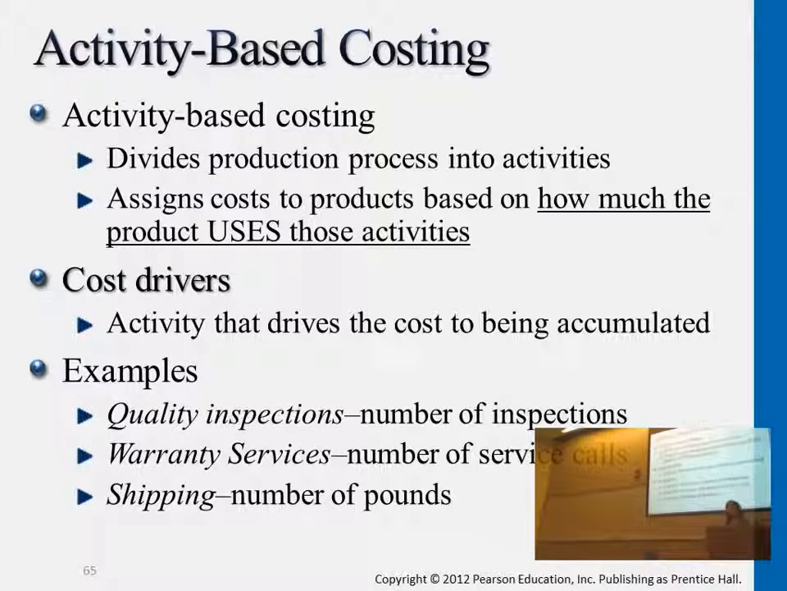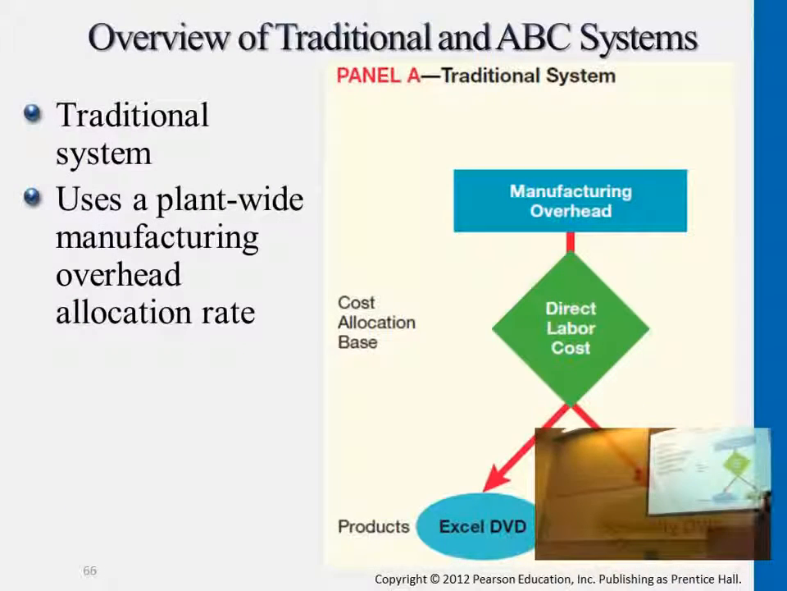So we're trying to find a driver that leads to the accumulation of the cost and use that as a base to assign costs to different jobs. But again, our focus here is taking care of manufacturing overhead, because direct materials and direct labor are easier to trace, we just add them up. For manufacturing overhead, we determine the estimated cost for each activity and determine the rate to multiply by the actual quantity occurred for each job. So again, let's take a look at